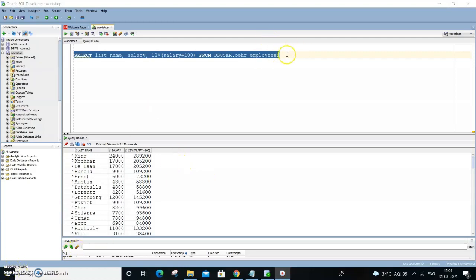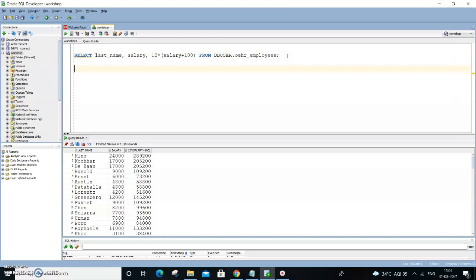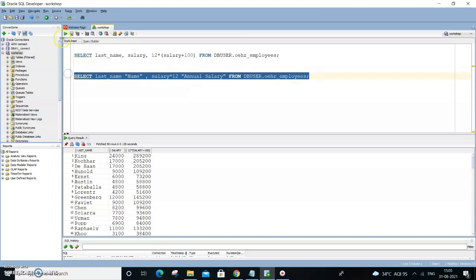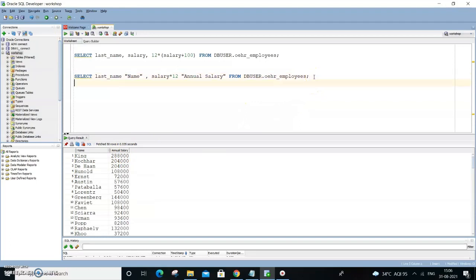The other one I just wanted to show is the column alias. You want to substitute name with name, and salary multiplied by 12, as you want to have the display name as annual salary. That's an alias. So if you execute that, you have the name, alias, and finally